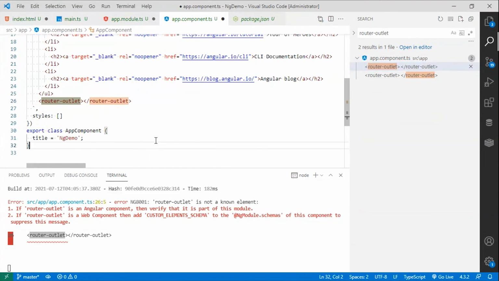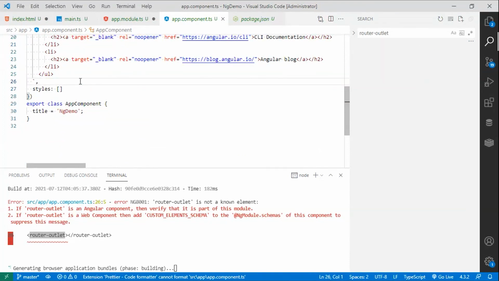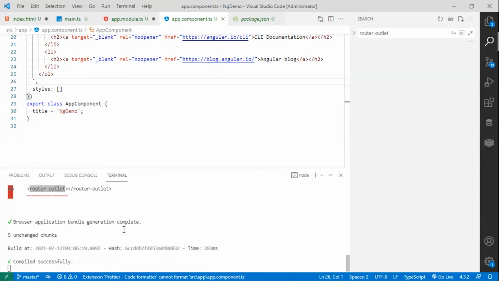And it is inside the app component. For now, I'm going to comment this out, right? And as soon as I hit the save button, notice that it has built the code again, and